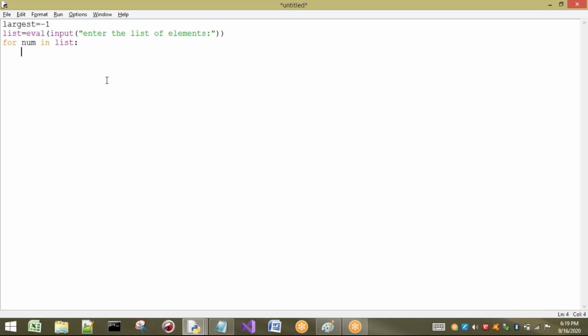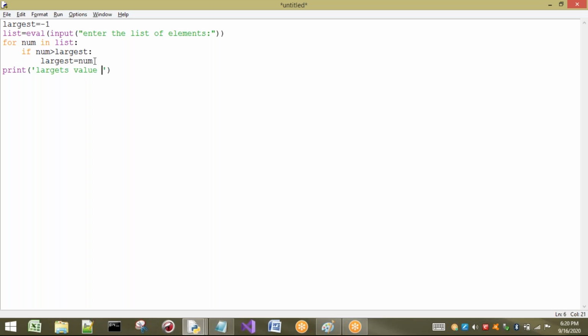Now for every value in the list, I want to find out the largest number. So if num, whatever the value you are going to take, is larger, that means here I'm going to consider only positive values, then the same thing: largest equal to num. Because I have already taken -1 here, the numericals can be compared. But in the before case I had taken none, and none and the numericals cannot be compared. So in this case, directly in one step I can complete the program. Now directly I'm going to print the output. You can take any case, no problem.